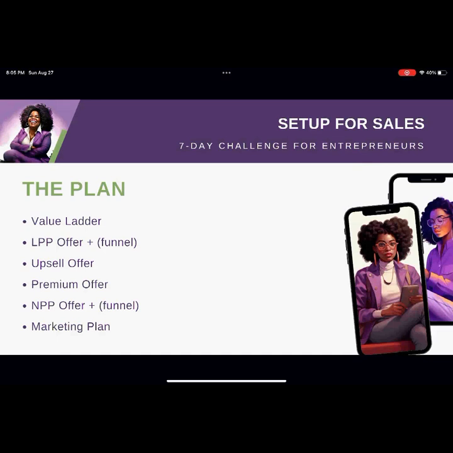The Setup for Sales Challenge, this experience is actually a part of the Digital Dollars program. And we are going to continue Digital Dollars from here. We're going to continue doing trainings around your $7 solutions, trainings around identifying your core offers and strategically marketing. So we are not done. The $7 is very much a foundational piece, but it's not the end. It is a continuation of the larger Digital Dollars experience.